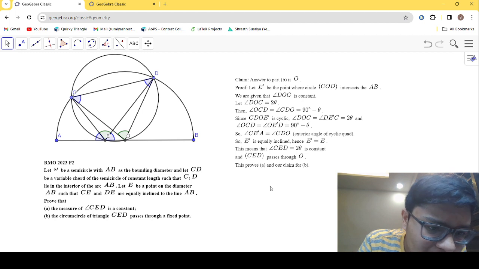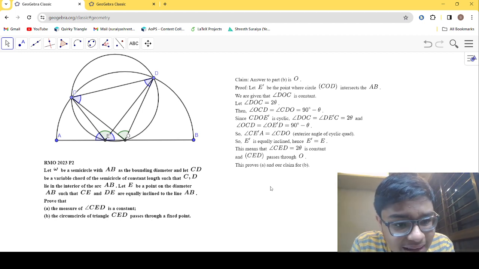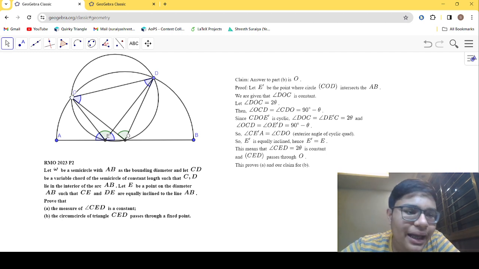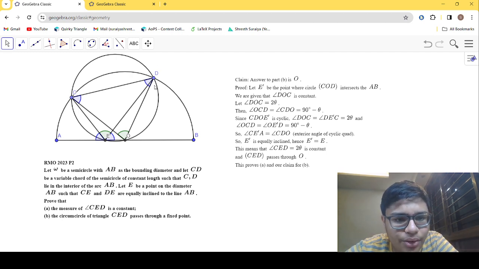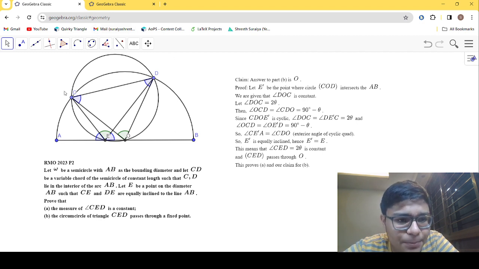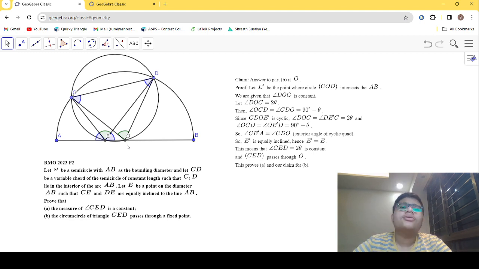We have also proven the measure of CE'D is constant, because as we know E' equals E, and the angle CED equals angle COD, and angle COD is a constant, right? Because CD length is constant. So we have proved that, and we have also proved that CED passes through a fixed point, which is the center of the circle, right? So this proves,